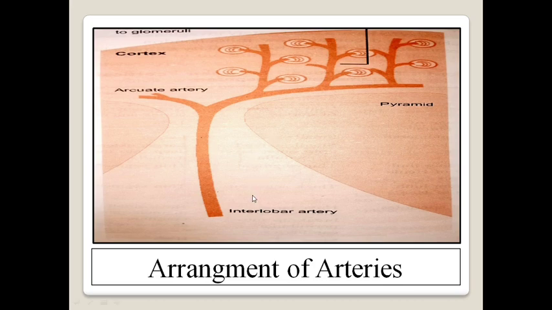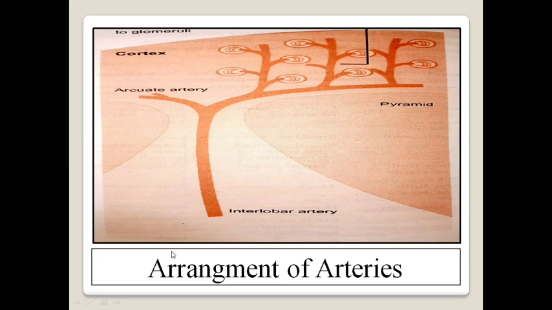So see how the kidney gets its blood supply. Each and every kidney gets its renal artery. So there is one renal artery for each kidney. We have two kidneys, so there are two renal arteries. These renal arteries are direct branches from the aorta. So after originating from the aorta, this renal artery divides into a number of